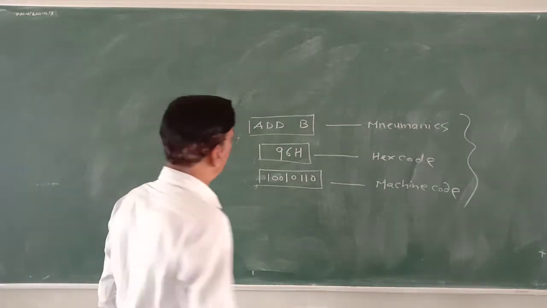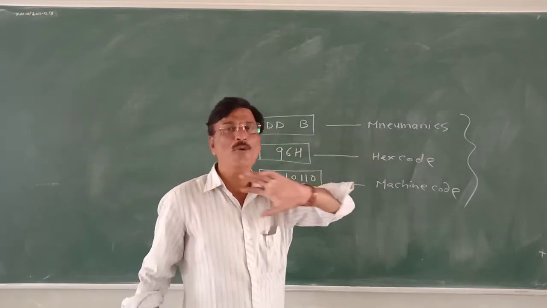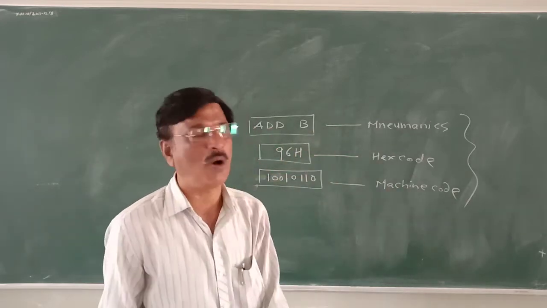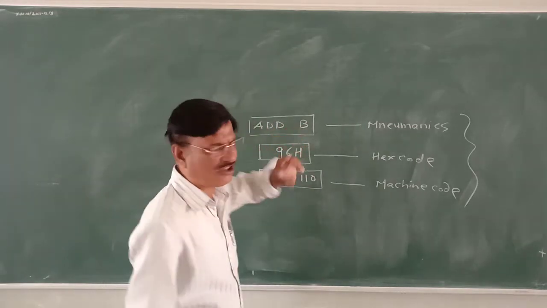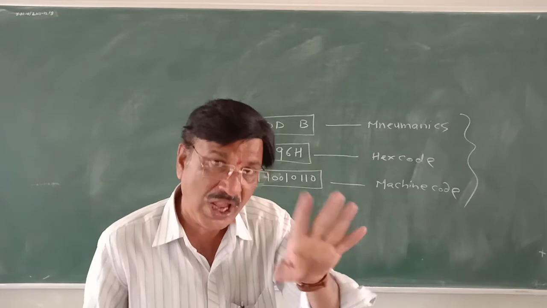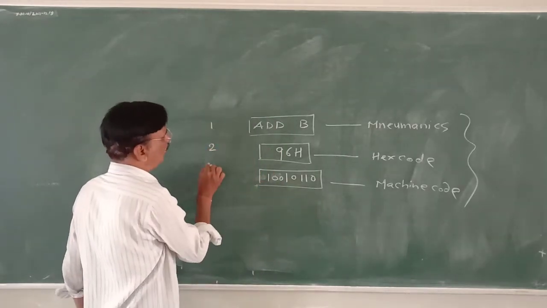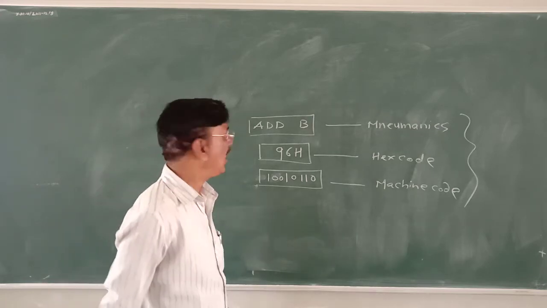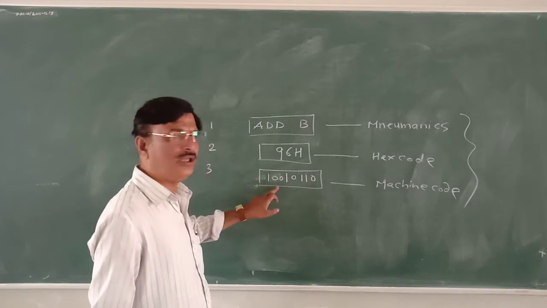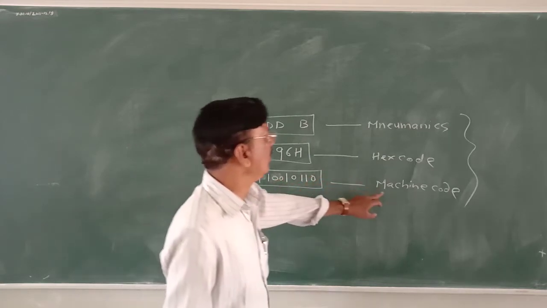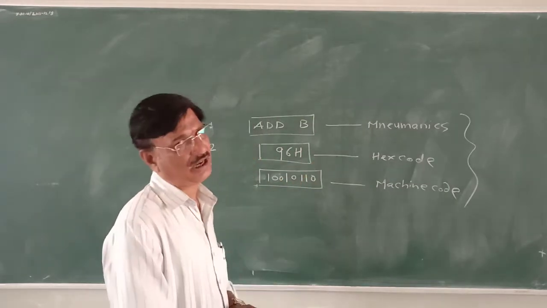An instruction to the 8085 which looks like an English word is called a mnemonic. Instruction in the form of mnemonics. But actually microprocessors don't understand this instruction. This is for our convenience. Which pattern can the microprocessor understand: pattern number 1, pattern number 2, pattern number 3? Obviously pattern number 3. Why? Because it is machine code. It is in the form of 1 and 0 that the microprocessor can understand.